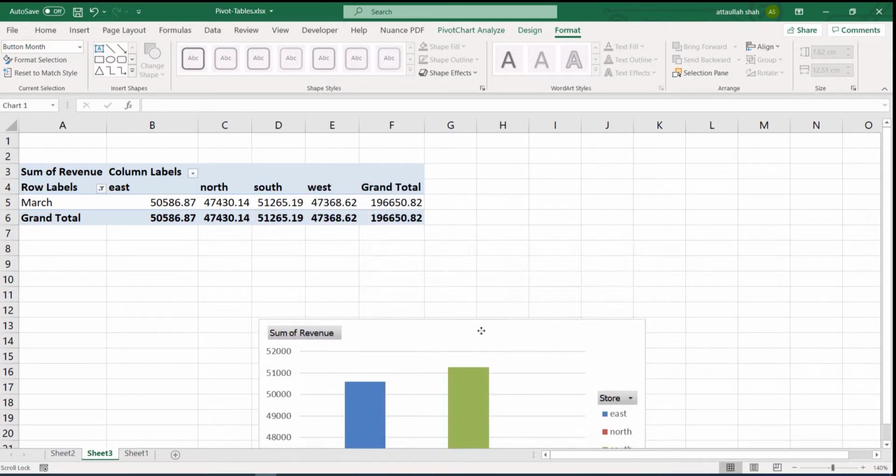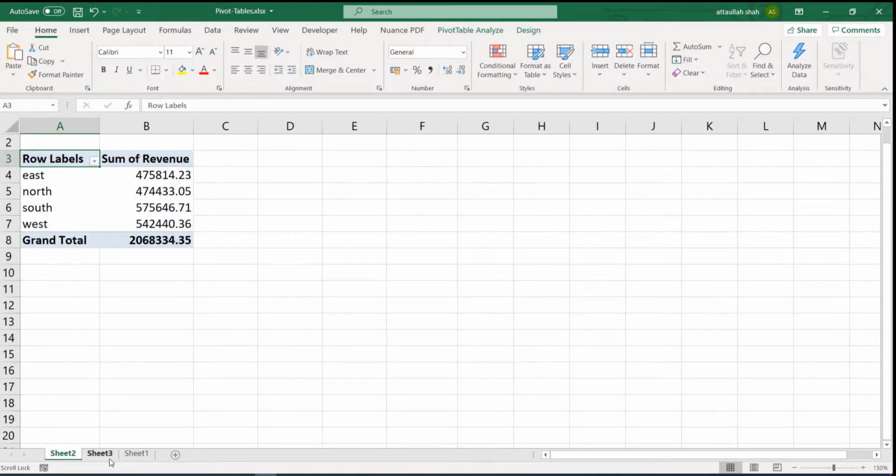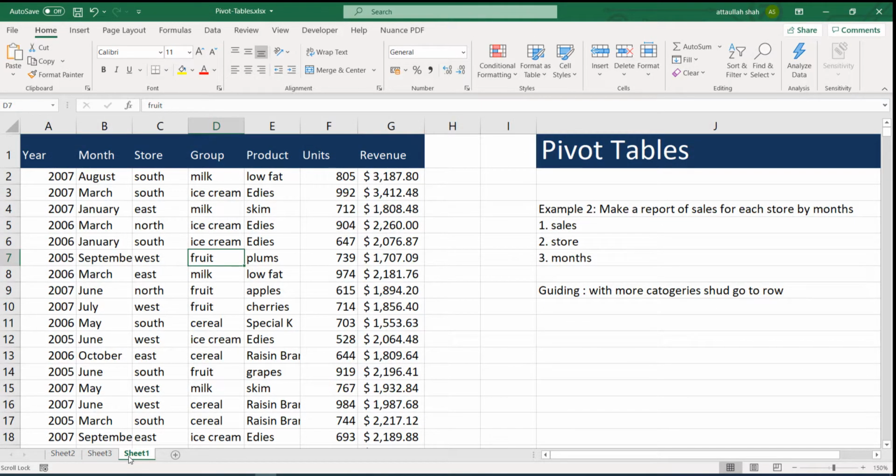Okay, one final thing that we can make for the report is to have a filter. So let me write the question quickly and then we can develop the report.